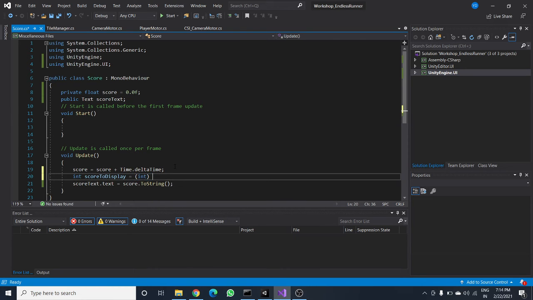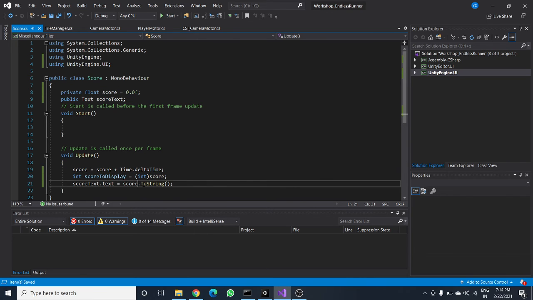Typecasting means right now we have our score text in float. So what does typecasting do? It will convert this floating value to an integer value. We can do typecasting from higher range to lower range. So what I am doing in this score, I will just typecast. It will just round off the particular floating value to an integer.